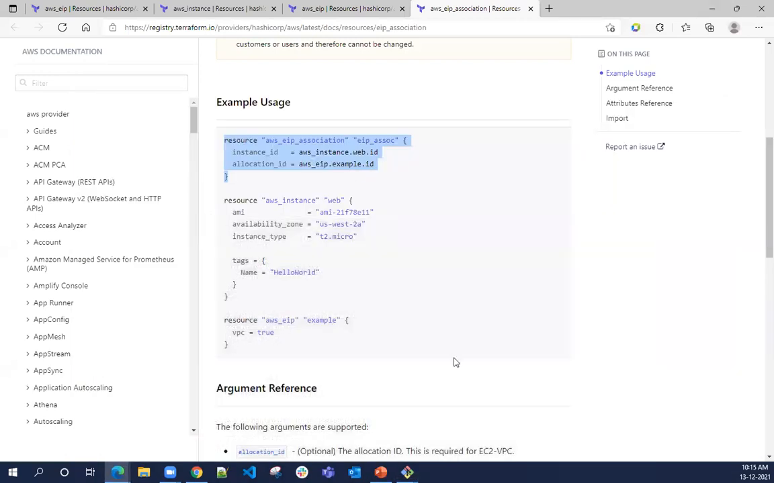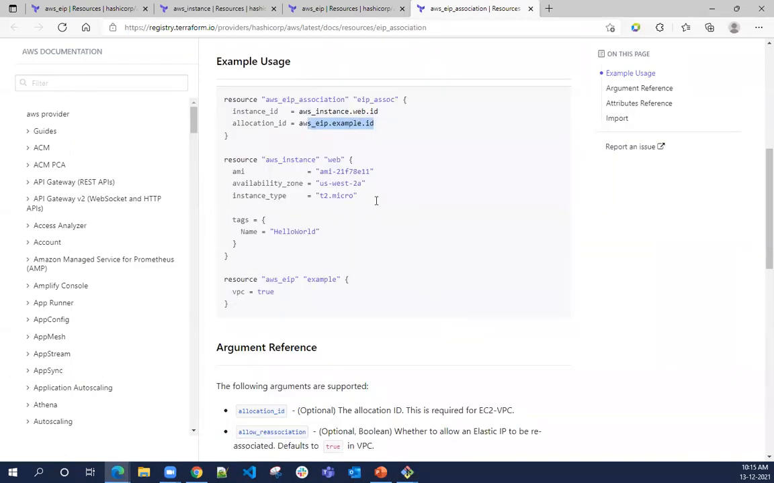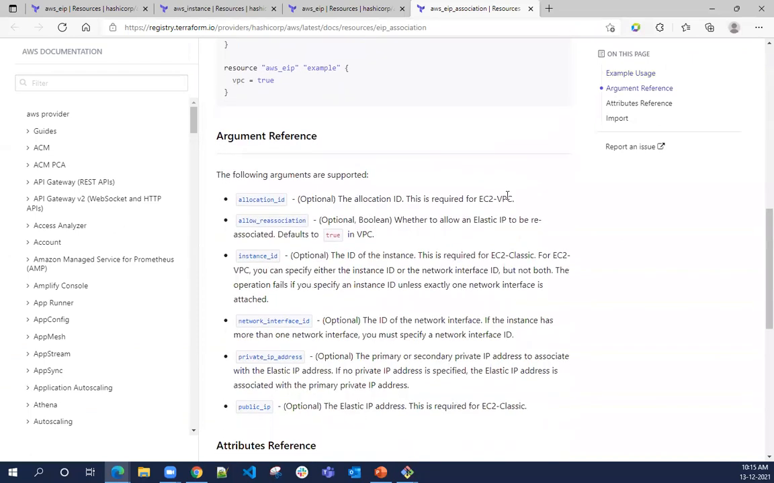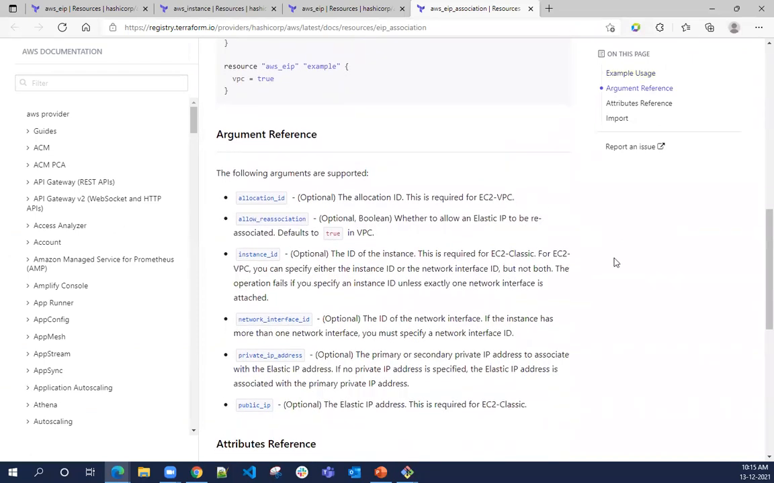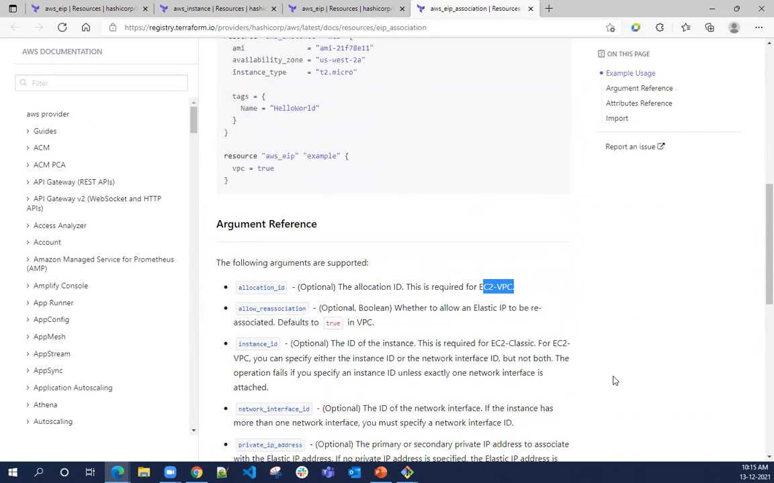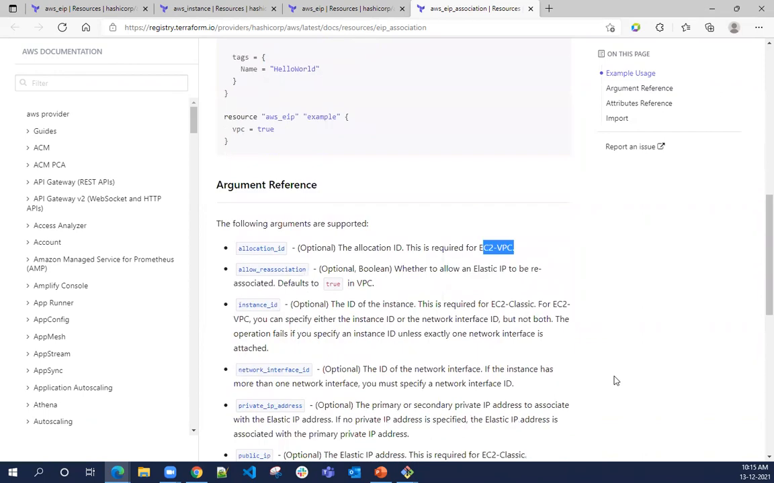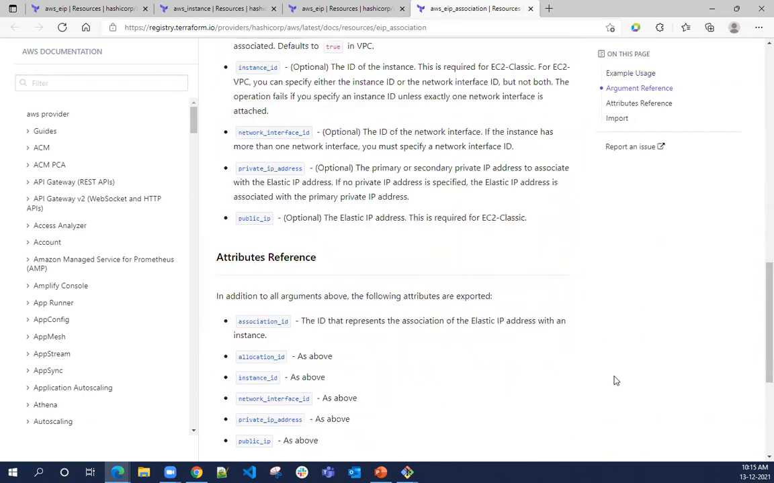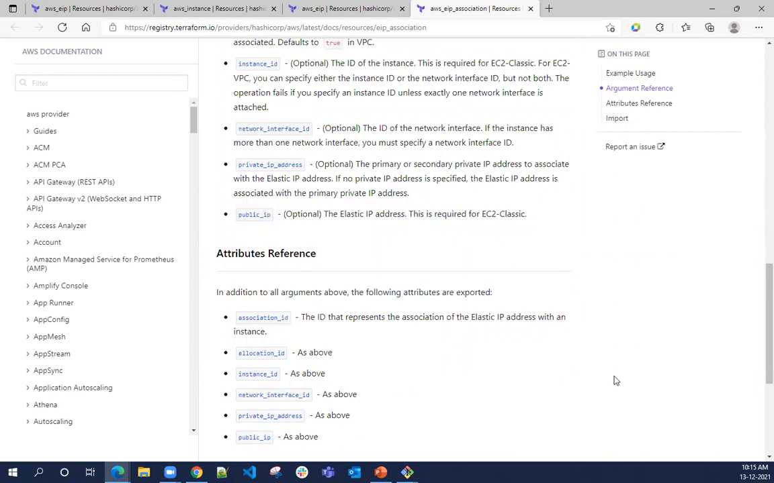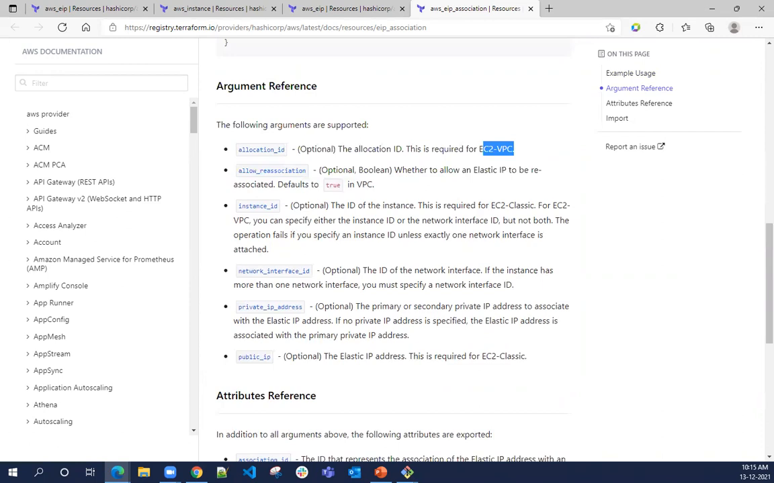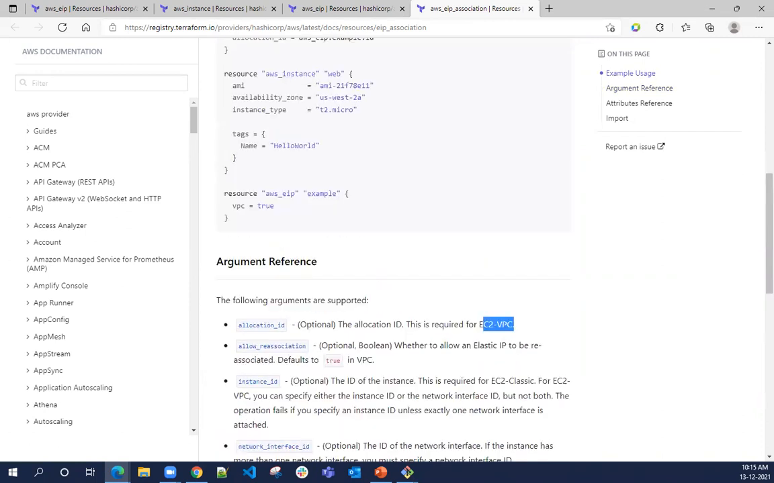EIP dot allocation ID. This is required for EC2 VPC. This is required for EC2 VPC allocation ID. Oh, it's not for this one. Just give me a moment. What mistake have we made now? It's not a mistake at all. Here it is like